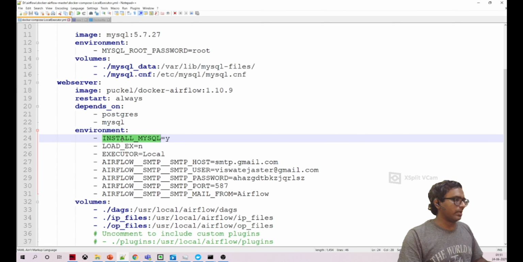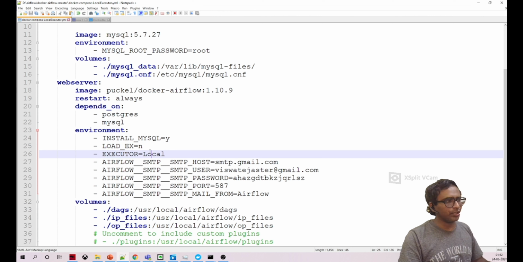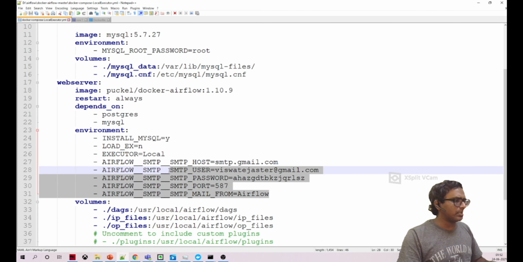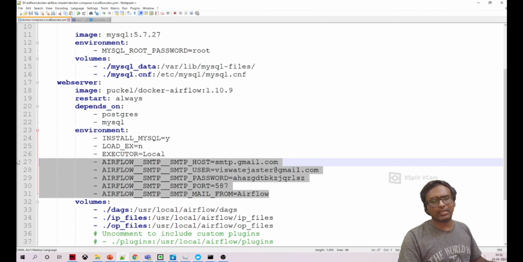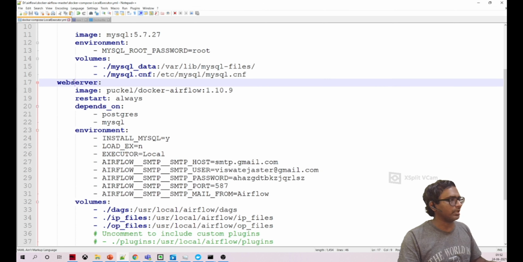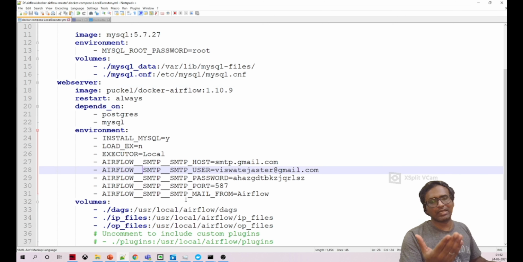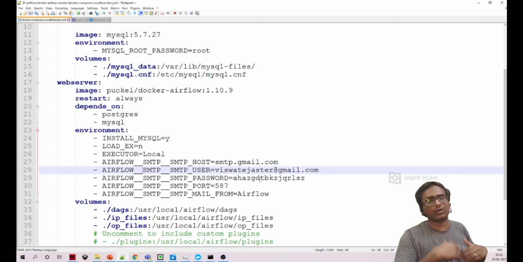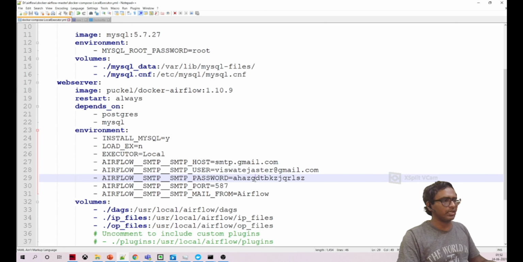And then these are the environment variables. I'm saying install MySQL. As I said, we'll talk about MySQL later. And the executor is local. You can mention what type of executor here. I'm also configuring the SMTP server in my Apache Airflow Docker container, because I want to send an email if something goes wrong or if something succeeds. In both success and failure cases, I'm sending email.